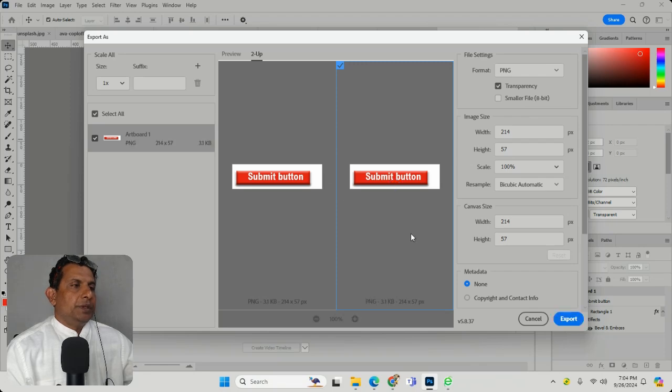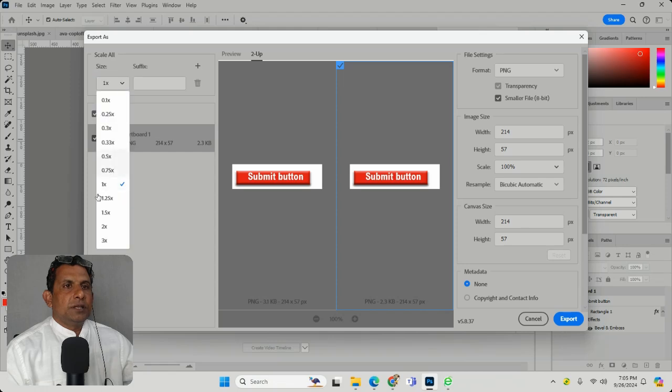So now this is PNG 24. This is also giving 3.1. Now I am changing to PNG 8-bit. So now it is reduced. The checked one is 2.3 KB. Here is 3.1 KB. Here is 3 KB. And whenever you are giving 1x and 2x and exporting,